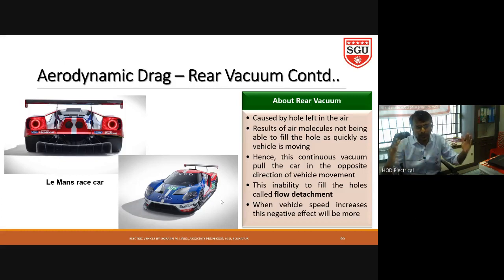So what happens is, the air hitting the front side will automatically come here and spread outside. So there is no vacuum space in the body. Due to that, we can reduce this aerodynamic drag. That is the reason why in race cars and all, there is a projection, an additional fitting, in the backside of the vehicle.